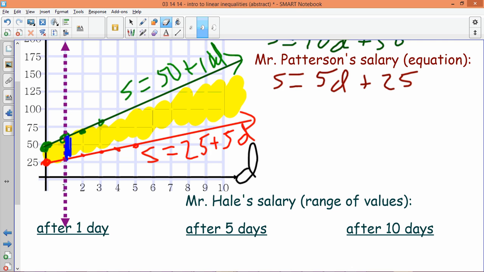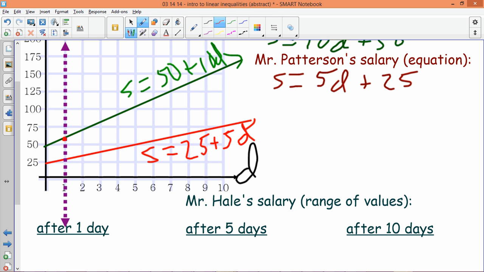Okay, let me erase this highlighting. To be specific, the maximum money he can possibly make is going to be this point right here. The minimum he can make is going to be this point right here. So his range of values is going to be in between